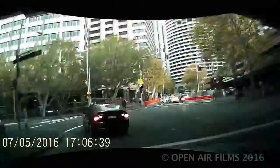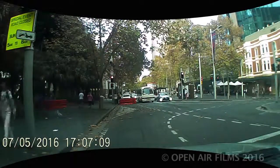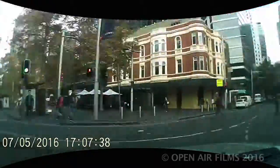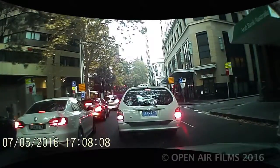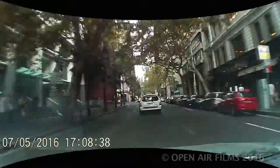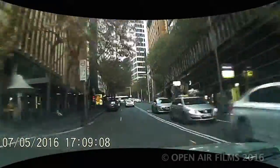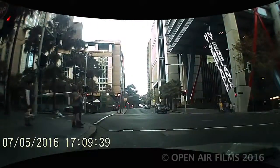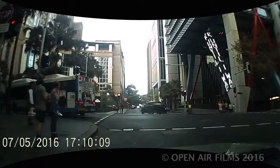So here I am on George Street, and that's where the rail's going, and here I'm at Circular Quay, with the Circular Quay station to the left up there, the hideous thing, and down we go this way, and this is where the traffic starts really banking up as it wants to turn to Bridge Street. But I go this way, heading towards the Eastern Tunnel. But what would I find at the Eastern Tunnel? I was expecting a nice, easy run, but